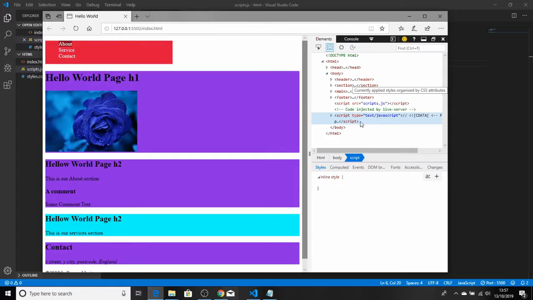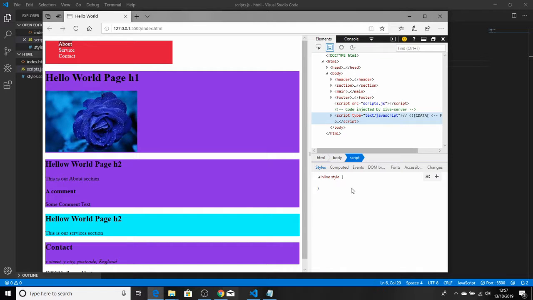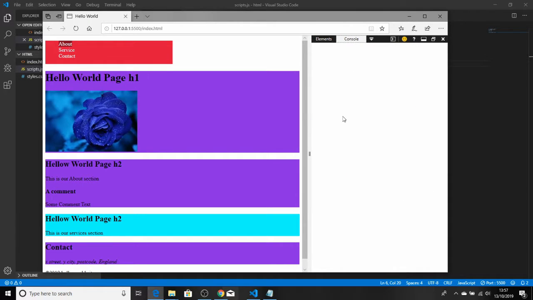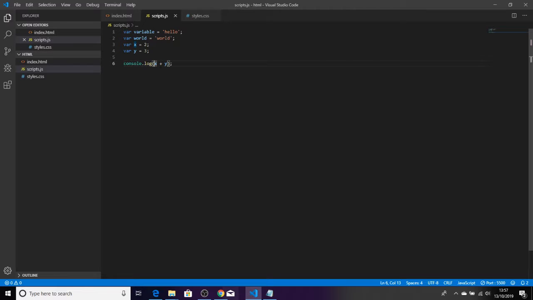We see we've got a script tag linked here, and if we come into console, we see we get a 5 here. That's because it's loading and then it's doing x, so it's getting a variable x, and then it's getting a variable y, and we've put the plus operator in, so it's adding them both together. And then if we do a console.log